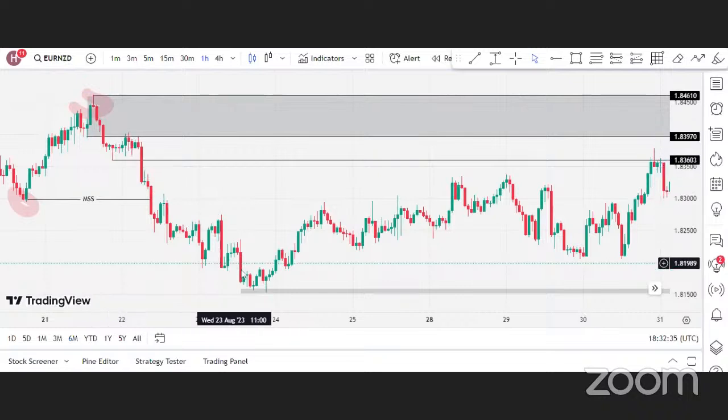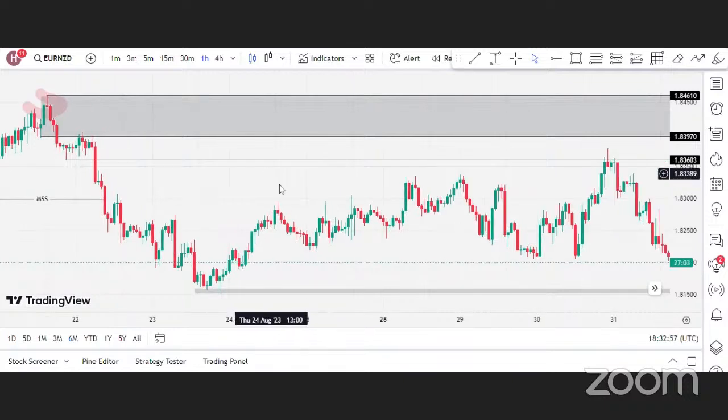So when I get something like this, you see something that just broke out like this and doesn't have a retest, most of the time I don't trust them. Even if I go into such a trade, I'm not going to stay long. I just want to be there for a little time and then I get out of the market. So that is that on